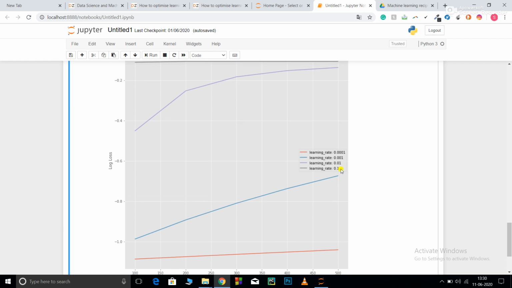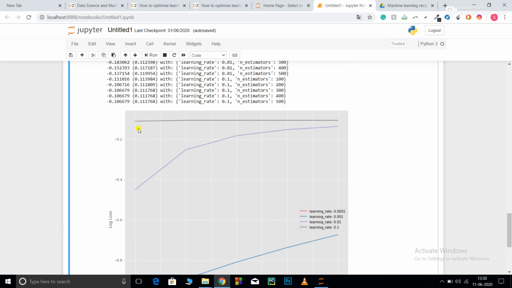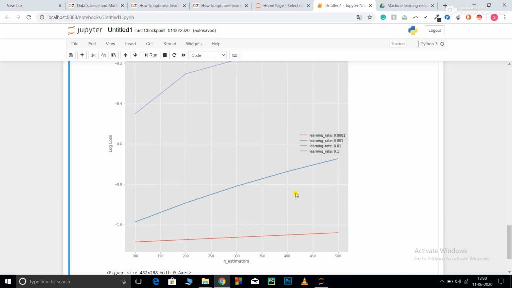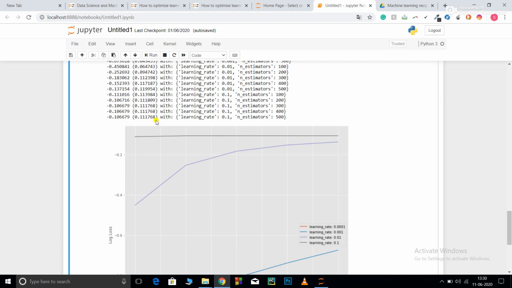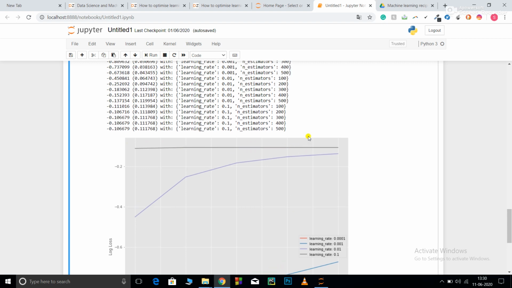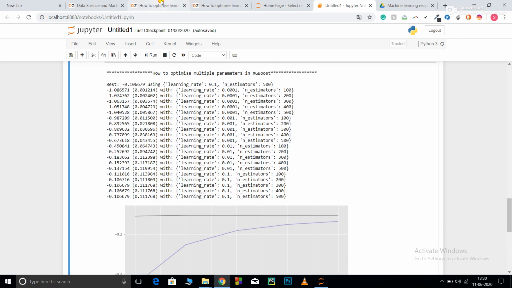And then for learning rate 0.1, my log loss becomes very close to 0, and it has performed better than every other learning rate that I have given as a parameter. And you can see the 0.1 graph. Initially it gets close to 0, and then slowly it starts decreasing and becomes flat. So okay, this was all about the code in this video.